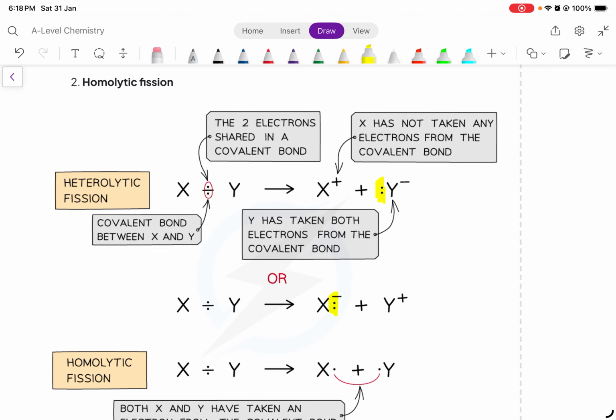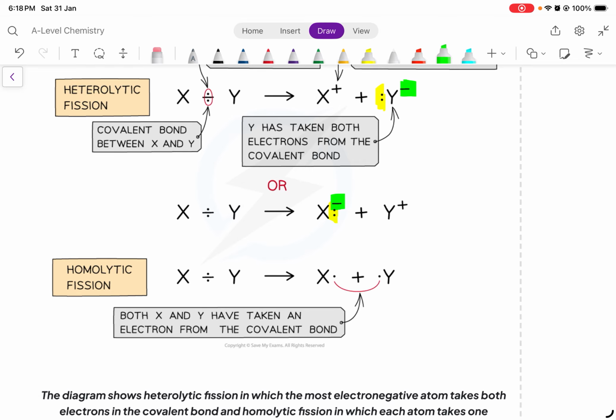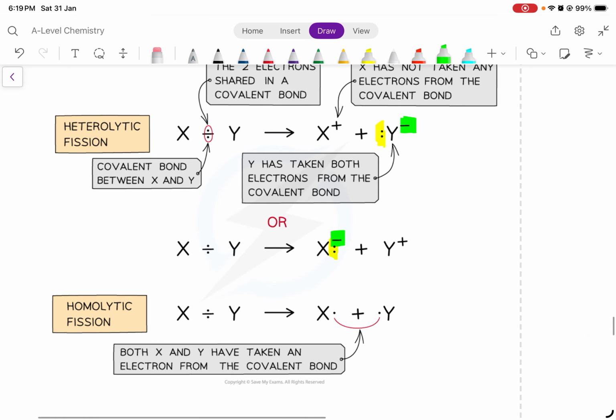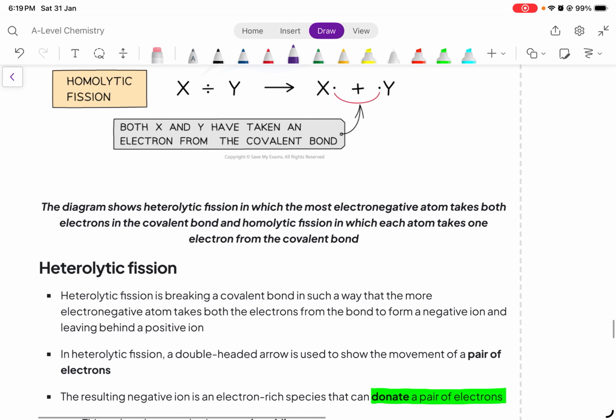The one that gets the electrons, because it's over, we put a negative. The other one will be positive. But if it's homolytic fission, they are sharing. They are not together anymore, but they share. That means I give you one, you give me one. But usually we always donate a pair of electrons for heterolytic fission. Now, a few things we need to know: this negative ion, for example this one,